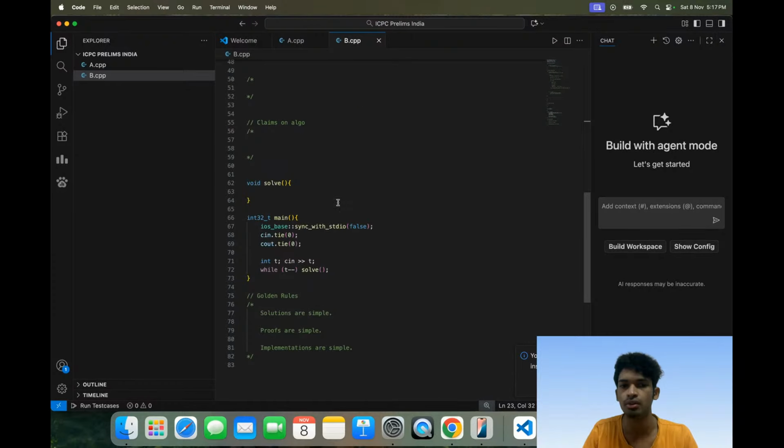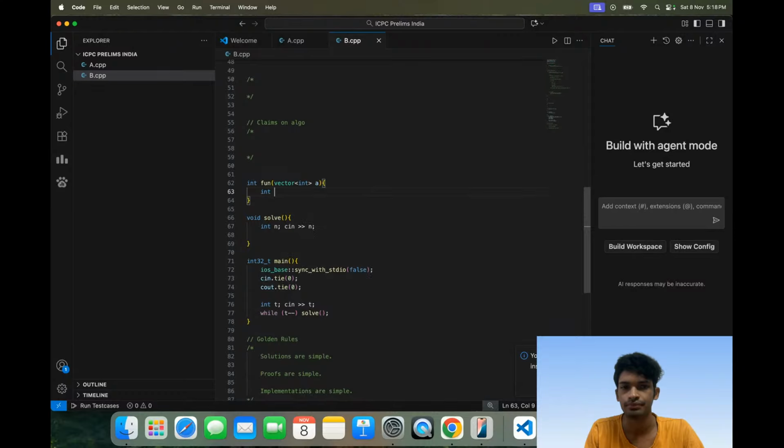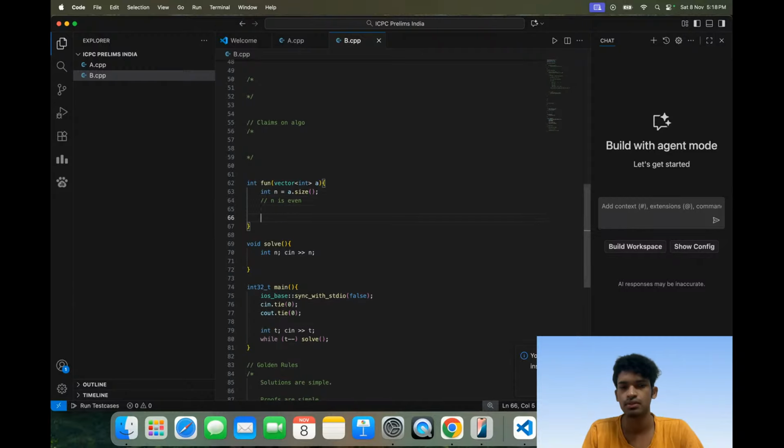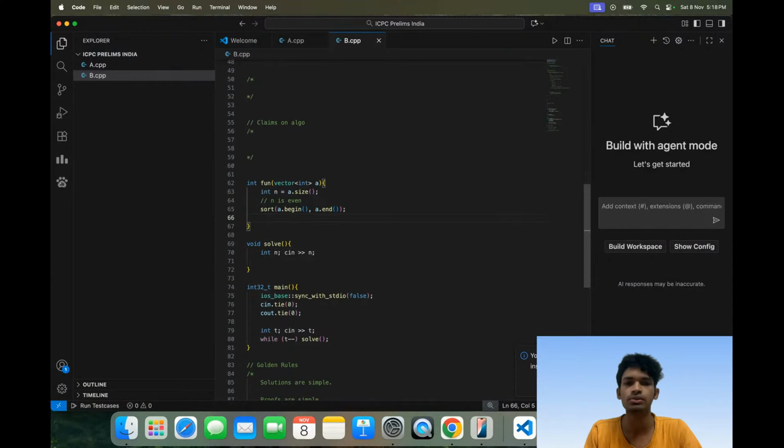Brute force for even. Int fun, it takes a vector of int of even size. It takes n equals a dot size, this should be even, and what it does is return the minimum distance. What do I do? Sort a dot begin to a dot end. And then what do I do? Int d equals to,